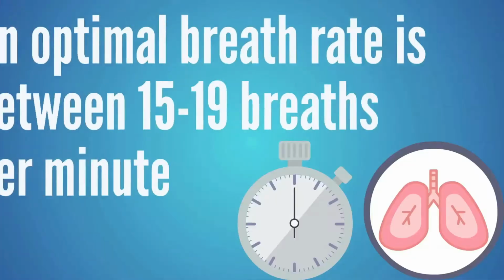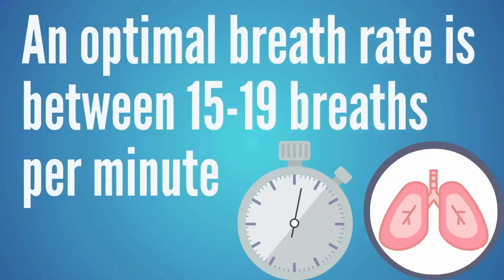sleep. But when we see people with a really low breath rate, like around 6 or 7, which is way lower than you want to be. A person should be breathing between 14 and 19 breaths per minute, and that's a pretty good indication of a balanced bloodstream. So we see people around 6 or 7, and if it's that low and it appears that the blood is leaning that alkaline, when you take steps to correct that, we also see them improve these sleep apnea